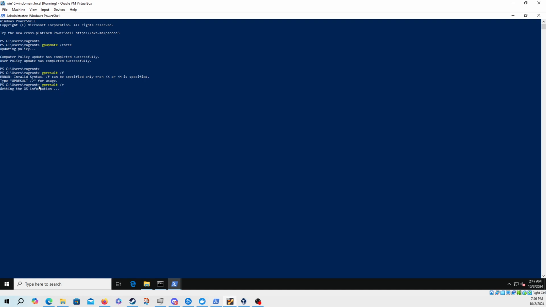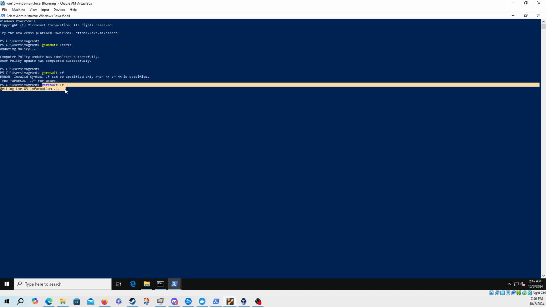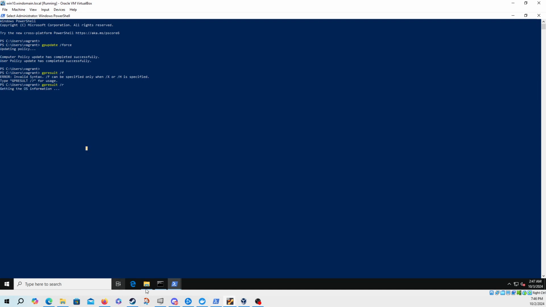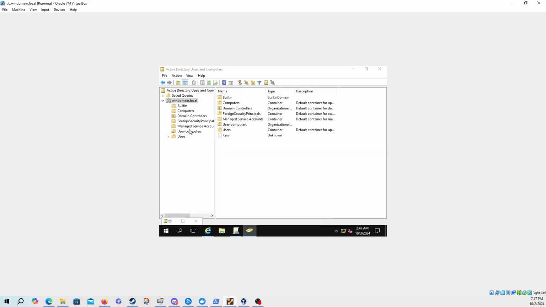And we're going to get a result of the resultant set of group policy on the system. And this will tell us what type of group policy we received from the domain controller. We know that when Win10 has been added to the Win domain, it just might be a matter of waiting for Win10 to do a connection to the domain controller for us to see that domain controller. So going back to